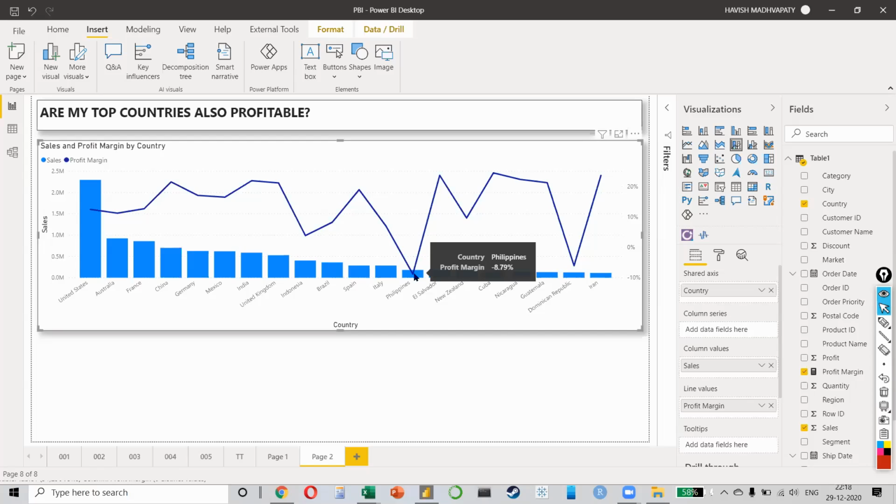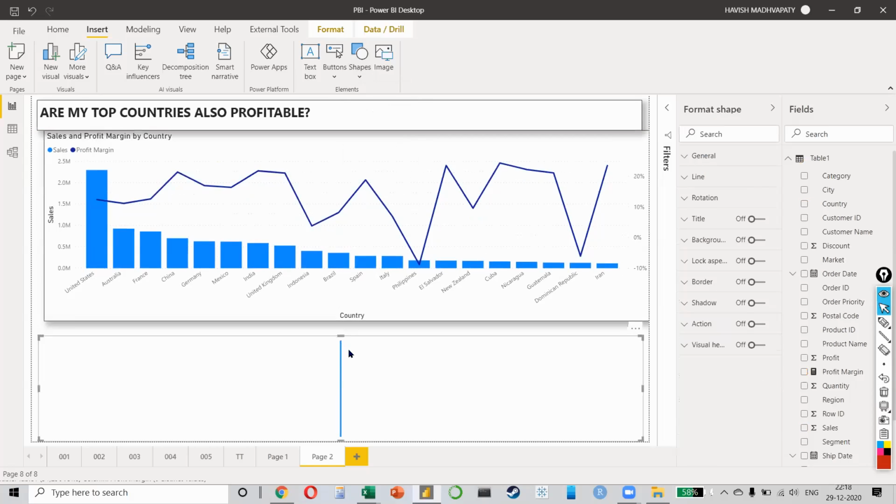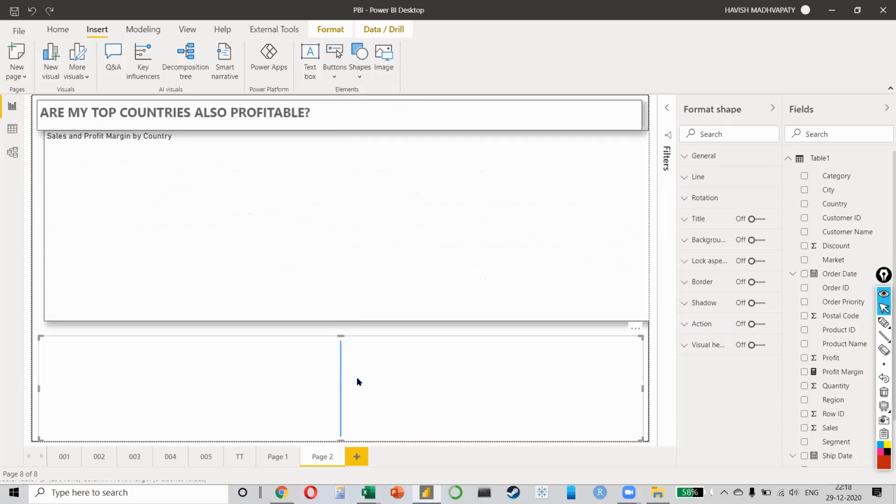So we want to create a line. Now, you must be thinking, okay, let's just create a line. What's the big deal? But see, this is not PowerPoint. You can't just draw a line on top of it. I mean, you can go to shapes, line, and draw a line like this, but this is not really what I want. I want it to be a dynamic line. It should come using a formula. Let's create another formula now.